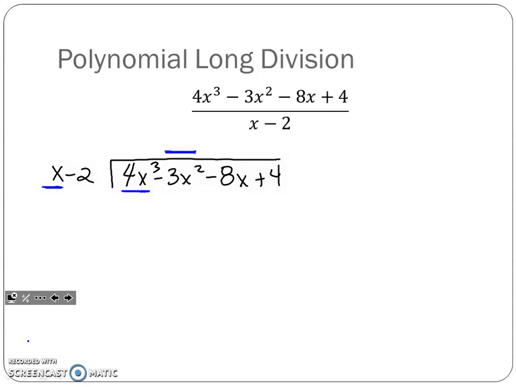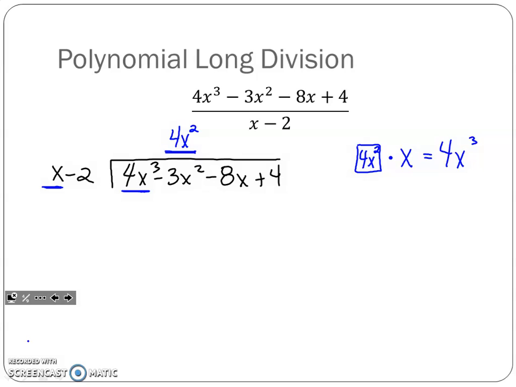So what I would tell you to do is say, okay, box times x, because x is our first term, equals 4x cubed. So what times x equals 4x cubed? Well, we're going to need a 4, because 4 times x gives my 4x. And then how do I get to x cubed? Well, I need an x squared. So I'm going to put that 4x squared up here, and I usually like to line up my like terms,